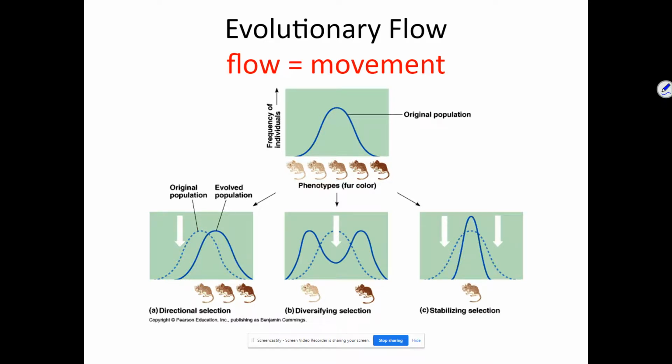And then stabilizing selection is the opposite of that. That's where the middle is selected for and the extremes are selected against. A great example of stabilizing selection is birth weight in people. Long before hospitals and prenatal care and being able to understand birth and understand what type of baby you were giving birth to beforehand, so doctors could prepare, people just had to deal with whatever they got. And so if you gave birth to a really small baby, the chances of that baby surviving were really slim. Or if you gave birth to a really large, abnormally large baby, the chance of the baby, or the mother for that matter, surviving was really slim. And so typically the average birth weight was what was selected for. And that'd be an example of that